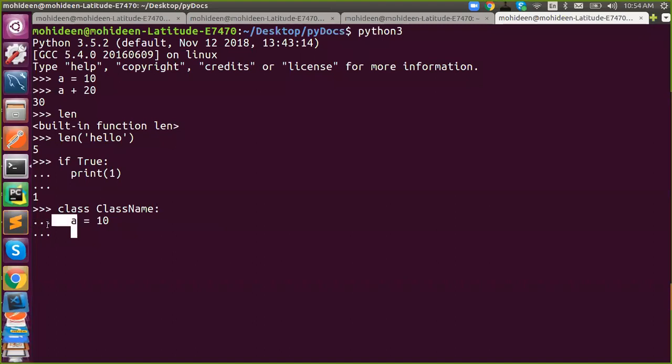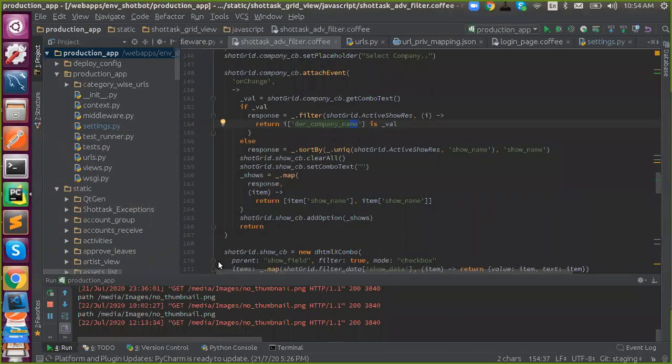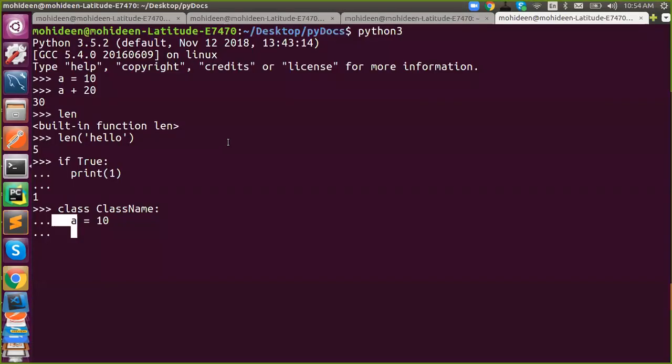So just forget about the triple dot. This is an indication in the interpreter, not in the program. When you're using it in a program, it won't be there. In a program, whenever you say colon, those three dots will never occur, so you need to keep space. That's it. The three dots are for interpreter indication, just like the greater than symbol, so don't confuse this; just ignore that. Once done, you need to keep an empty space, and this will terminate the block.